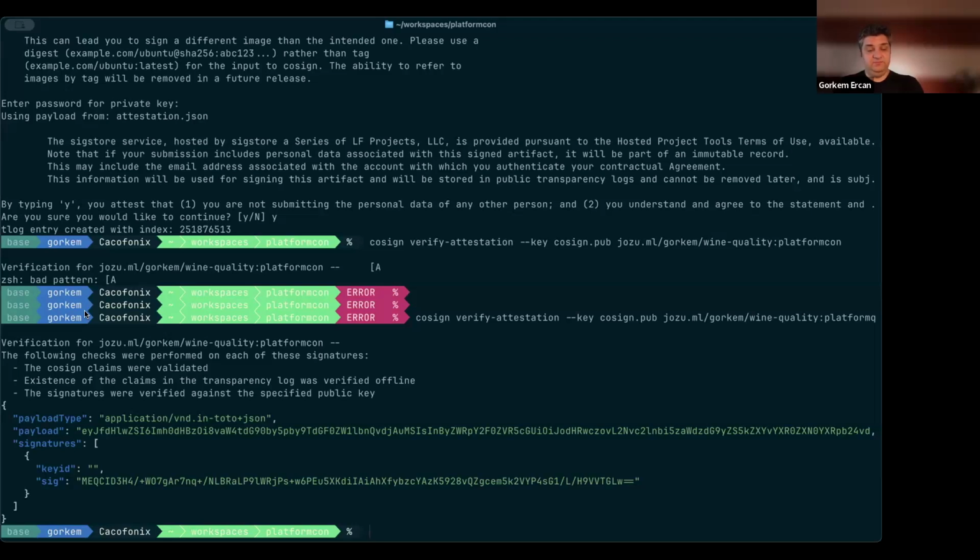And by default, Cosign uses the in-toto envelope for packaging the attestations. And as you can see, the payload is the base64 encoded version of that JSON that we just had earlier. So if I actually just take this and